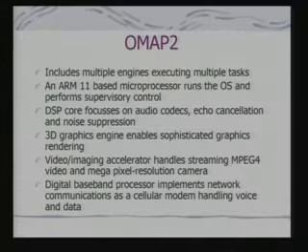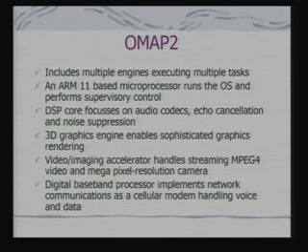An advancement on this architecture, why I am showing this is because you can see the complexity that can be added today onto a single chip with the advancement of process technology. The earlier one we talked about primarily as a processor core, DSP and ARM. Now, we have got multiple engines executing multiple tasks integrated on the same chip, and that is what is OMAP 2. Here we have got ARM 11 based microprocessor, which is advanced version from ARM 9.